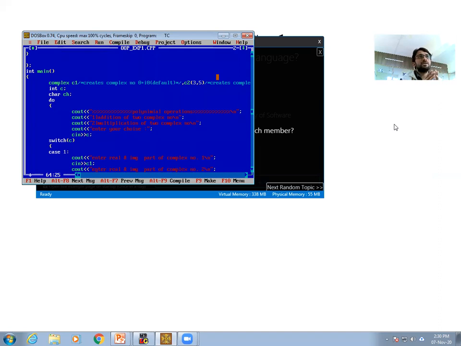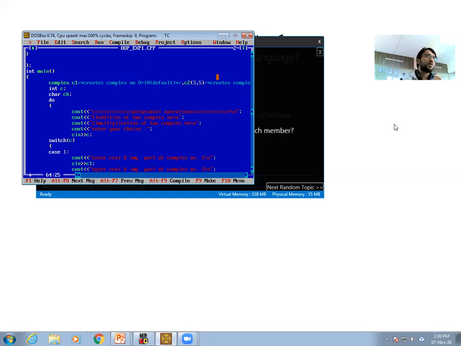In the main function, if you observe, the first variable that we have declared is of type complex. Complex is nothing but the class, and with the same class name we have created some variables, that is C1 and C2. C1 is a variable with default values 0 and 0, and C2 has parameterized values.